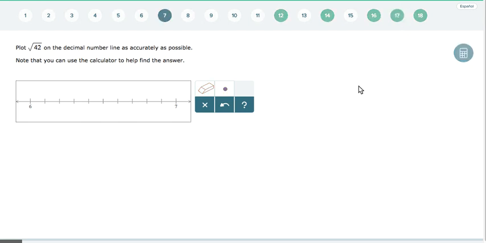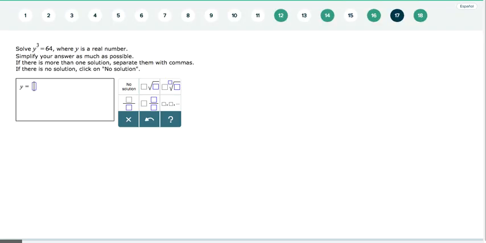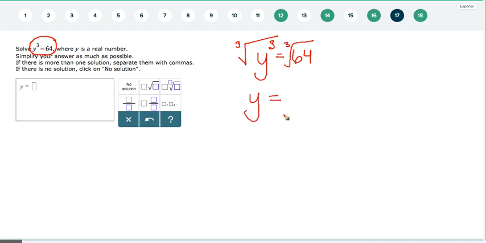All right, let's look at 17. Solve y to the third power equals 64. Simplify your answer. If there's more than one solution, separate them with commas. So to undo a cube, we find the cube root. Something times itself times itself equals 64. Now we can go through